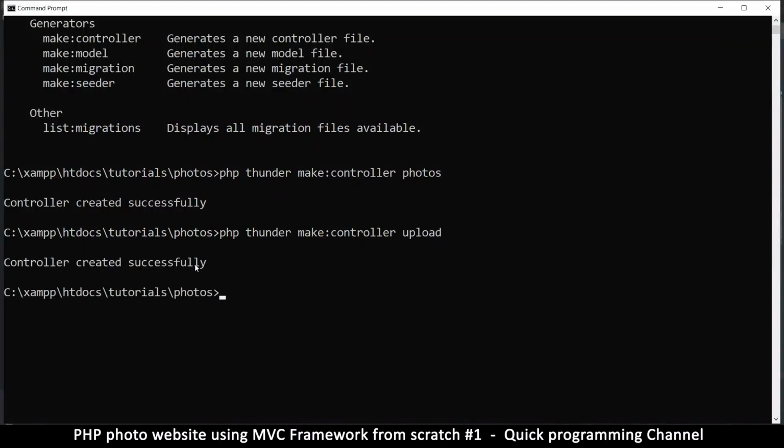controller created. Now, since I have photos that I want to be uploading and I need a photos table, I'm going to make a model that will handle that. So let's repeat ourselves. php thunder make model. So what model name are we going to make? This one is going to be